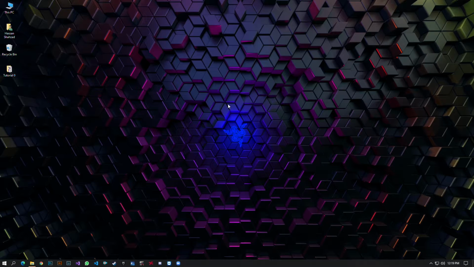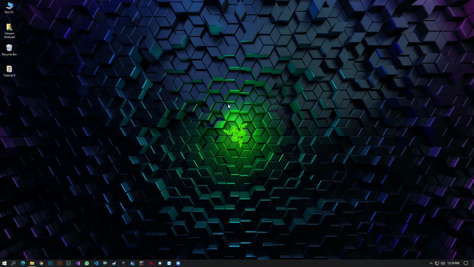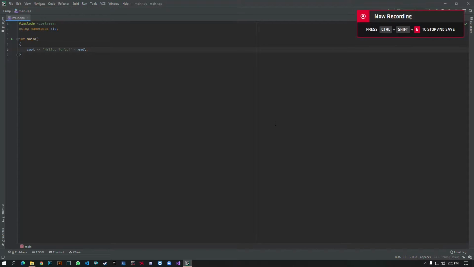Okay, so let's jump to our first program in which we will discuss the syntax and the working of C++. Okay, so I myself would be using this IDE, which is CLion from JetBrains. I personally like the interface. It's a minimalist type interface and it's easy to use. You can use Visual Studio Code, Visual Studio itself, and other IDEs such as Notepad++, etc. So let's start off.